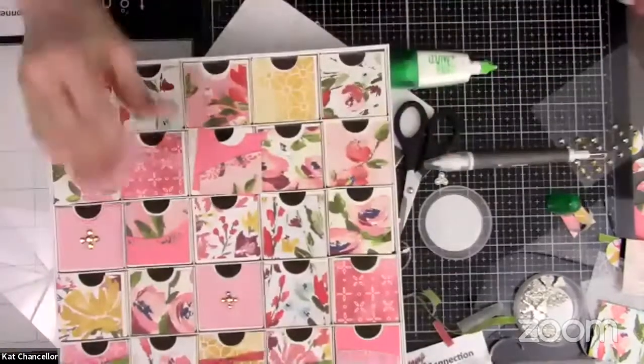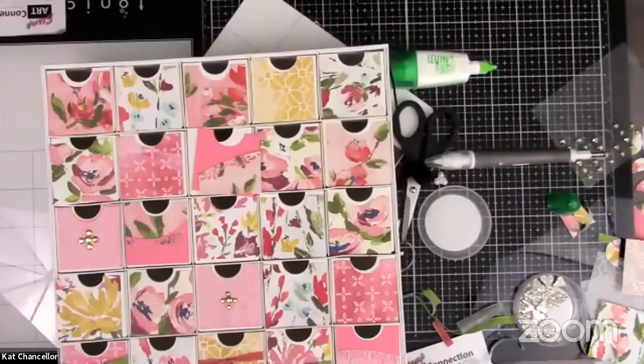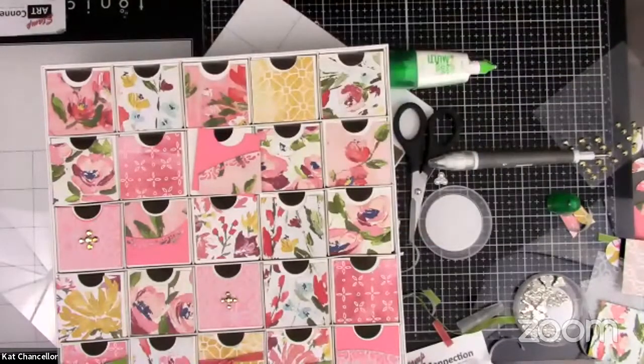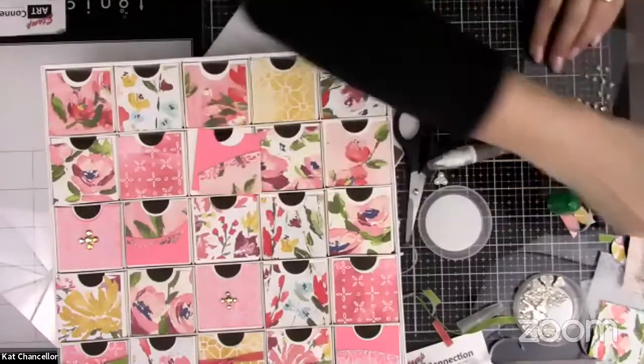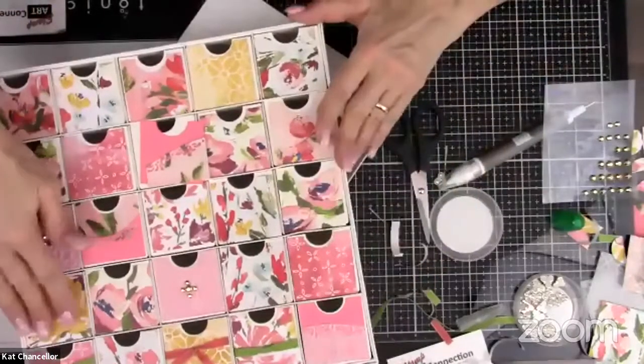It's going to go right there. Now, what I want to do, this ribbon here is in the annual catalog. This is gold ribbon. So now that I've done those two, I can take something like this,